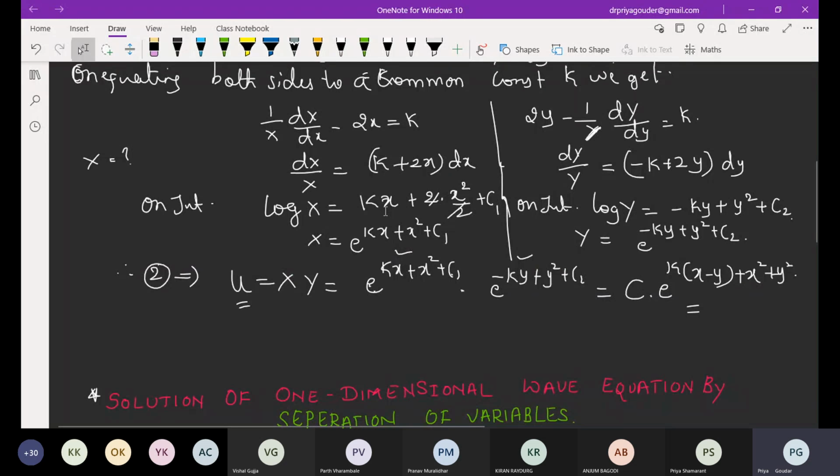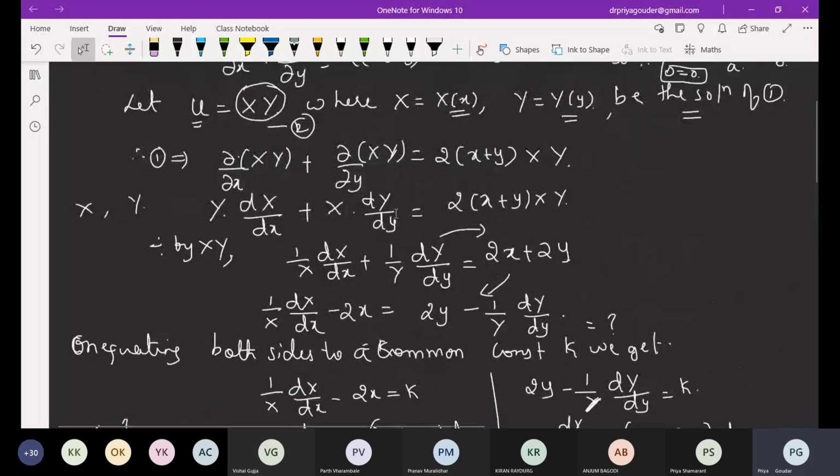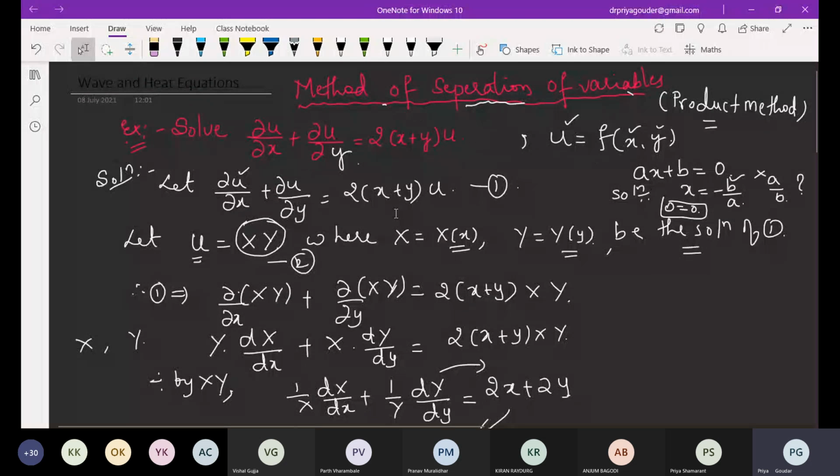Just briefly, I'll explain. Just go through this because steps are very important. What is your main intention? You need to remember the method, not the example to be by-hearted. First, they'll give some equation. This is applicable only if you have derivatives of the dependent variable with respect to the independent variables. Then only you can apply this method. Now, assume the solution in the form: dependent variable is equal to the product of the independent ones. Better take it in terms of capital letters, where capitals are functions of small letters.